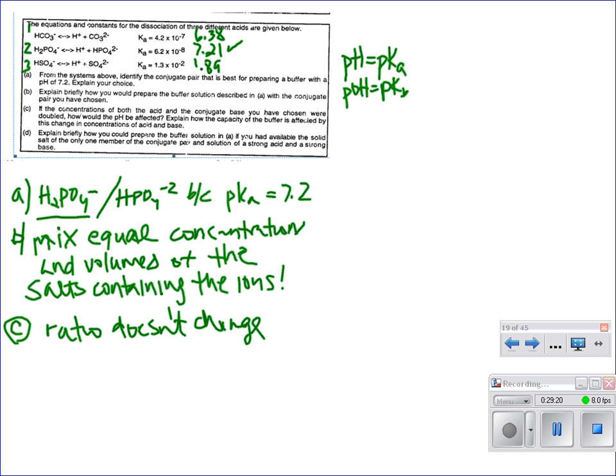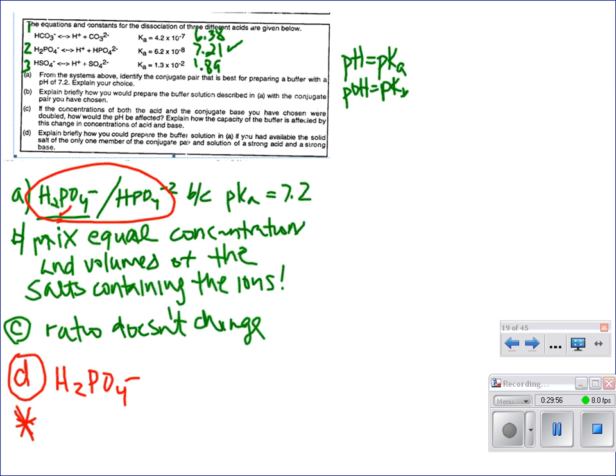All right, D. Explain briefly how you would prepare the buffer solution in A, meaning this one. How would you make this if all you had was one of those salts and a strong acid or base? You can pick either one. Which do you want, the left salt or the right salt? We're going to say we have the left salt,